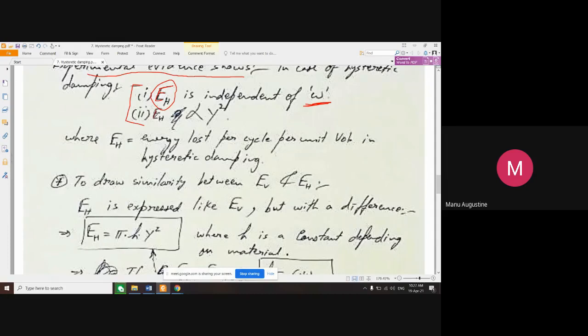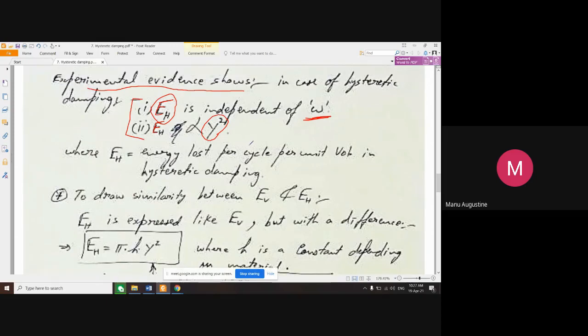Another thing about energy lost in actual hysteresis damping that people found was that it was directly proportional to the square of amplitude. Energy lost. Okay, and basically it can be guessed very easily also, because actual experimentation showed that the hysteresis energy loss